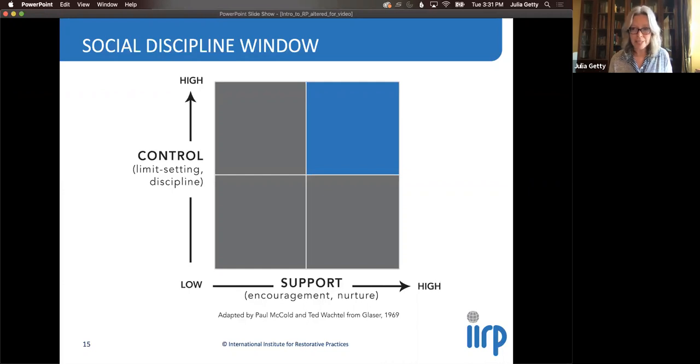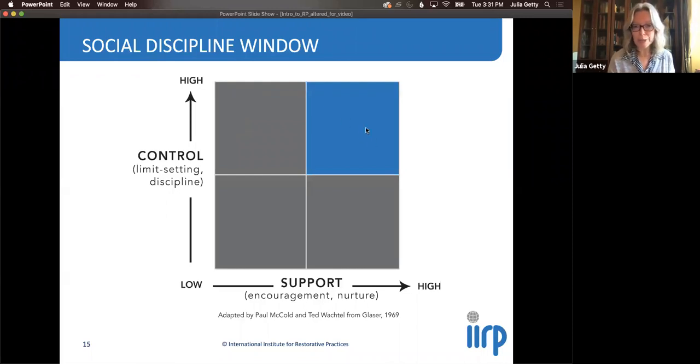And of course, it is important, and that might build a loving relationship. Unfortunately, when it comes to the learning outcomes, the student is not going to reach that level of expectation that a teacher would hope for them to have. So, you know, just support by itself and just control by itself don't tend to be the best measures.